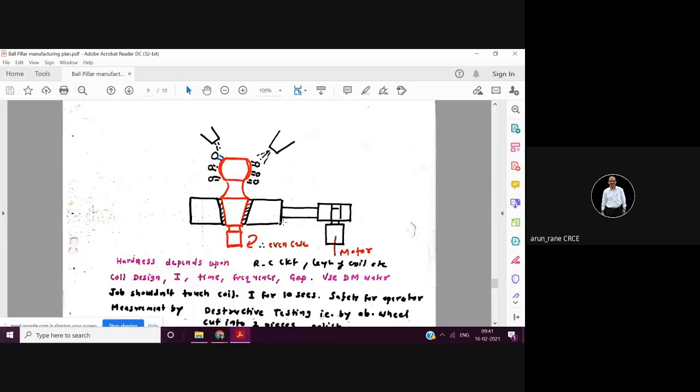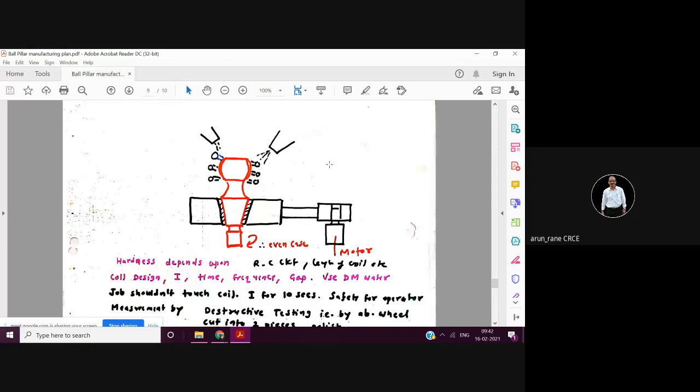But at the same time there will also be flow of carbon particles, the depth, meaning, yes, it should. It depends on three things. Basically the hardening depends upon how much carbon goes, and how deep that carbon is going, isn't it? Because hardness is a function of carbon, isn't it? The deeper the carbon goes, the more hardness you will get. And that's why this process is also called carburizing or case carburizing.